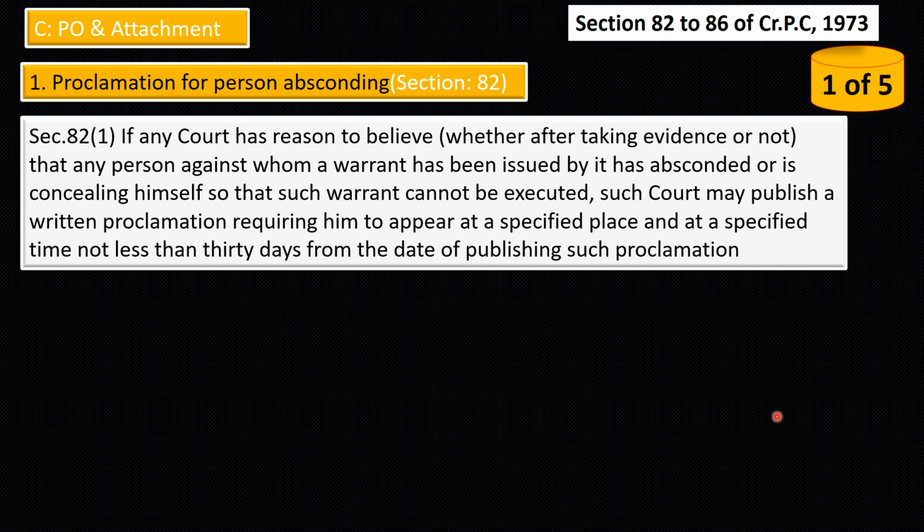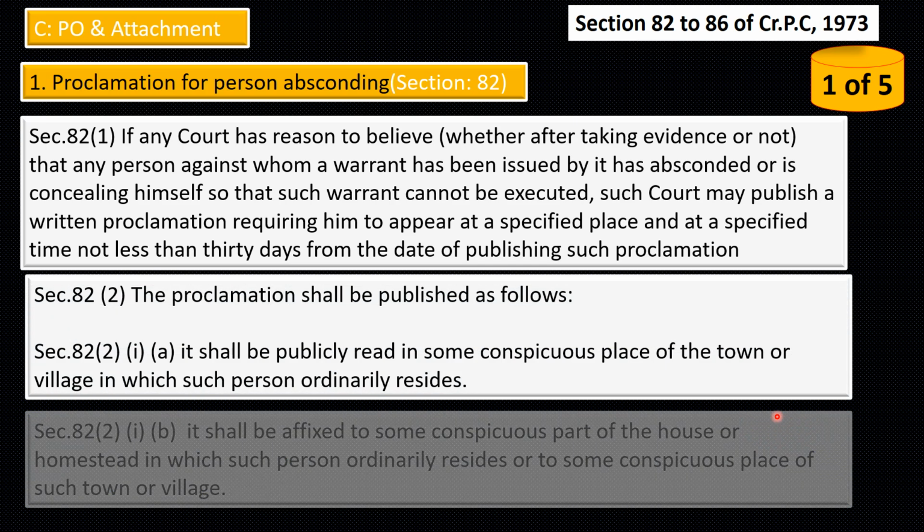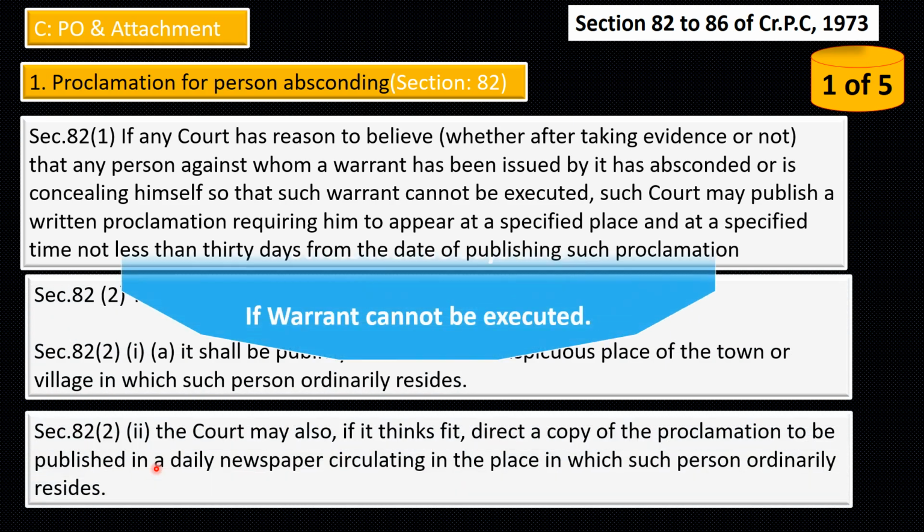Next is subsection 2 of section 82. The proclamation shall be published as follows. Subsection 2 of section 82, clause 1, clause A says, it shall be publicly read in some conspicuous place. Conspicuous, I have already explained the meaning. You should remember it by now. A place which is clearly visible. A place of the town or village in which such person